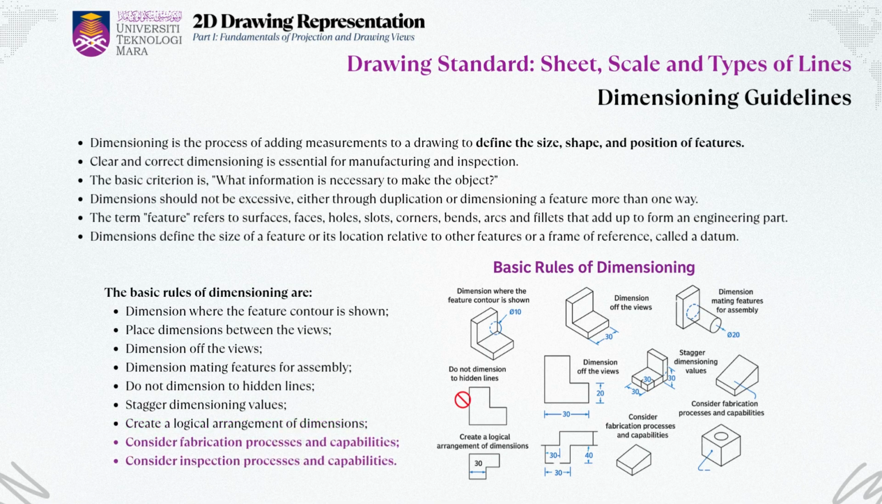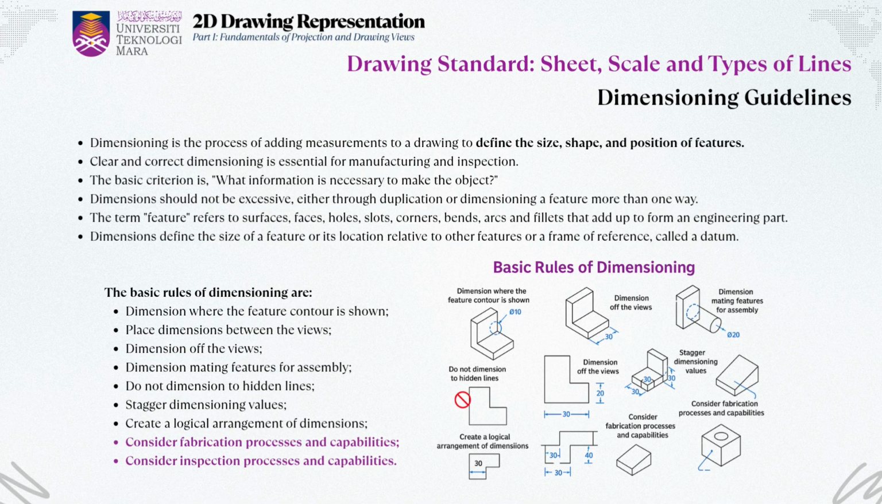Finally, always keep in mind how the part will be made and inspected. If a machine tool or measuring device can't easily reach or verify a feature, then you might need to rethink how and where you place your dimensions. Good dimensioning isn't just about what looks right, it's also about what works best in the real world of manufacturing